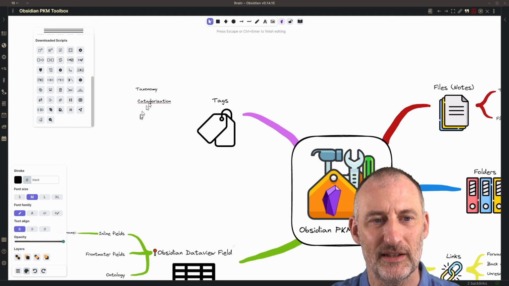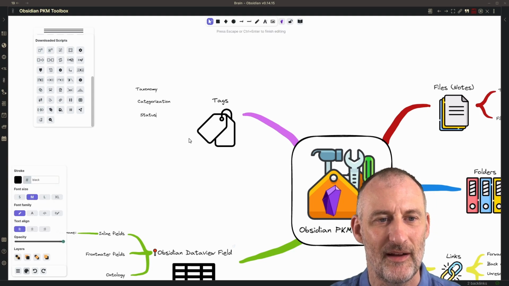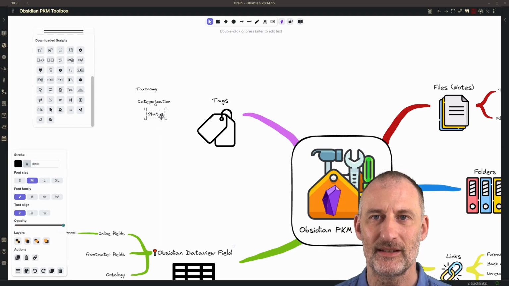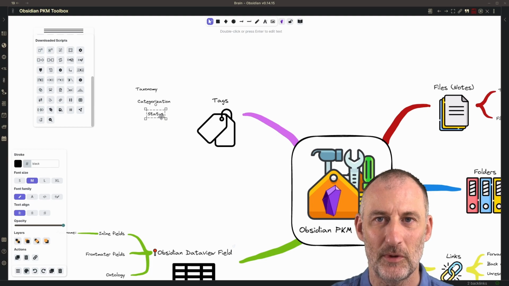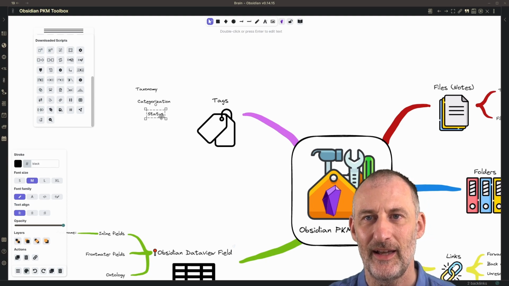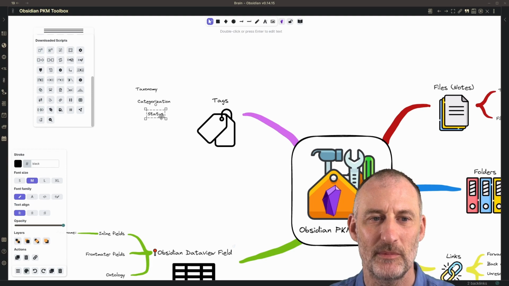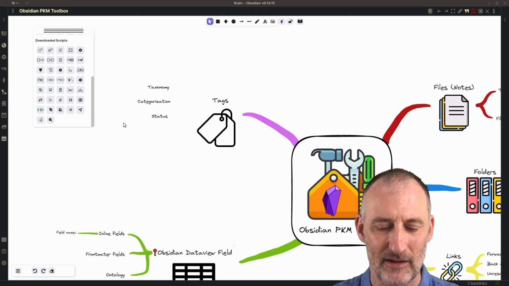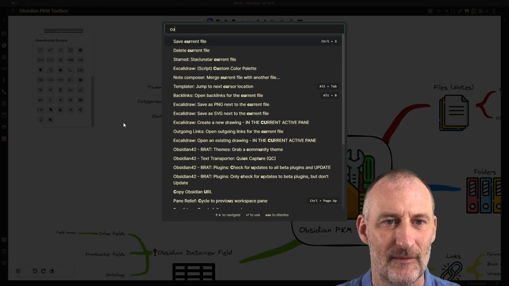You can also use it for status information. And when I talk about status, I mean things like, for a project, running, completed, or planned, or for a publication, it could be an idea, a draft, and then a published version. And just on the topic of categorization, just today I learned about a method,